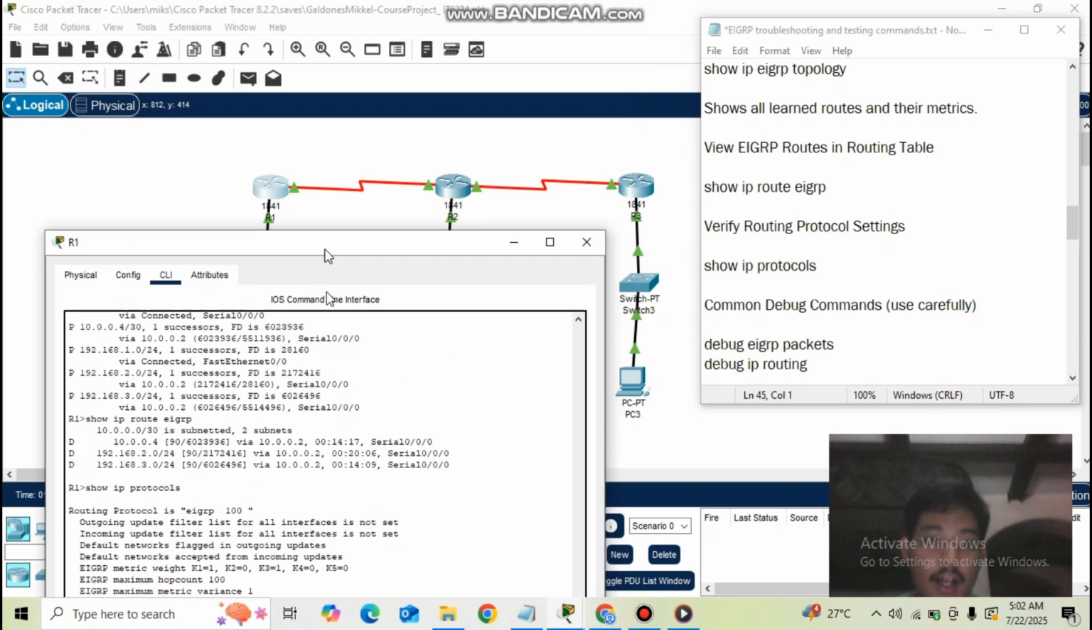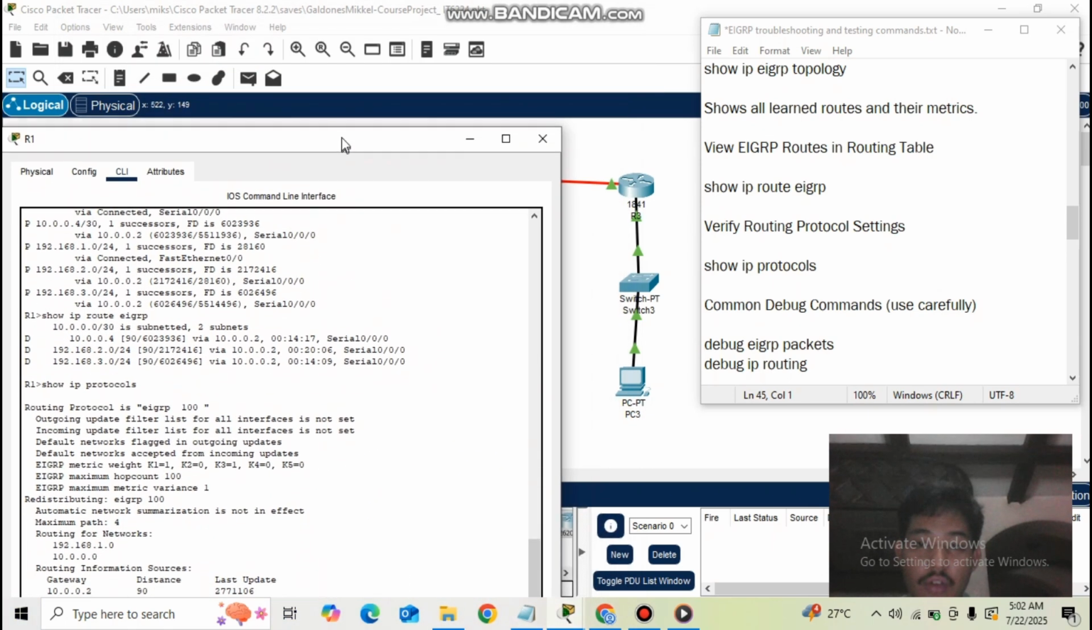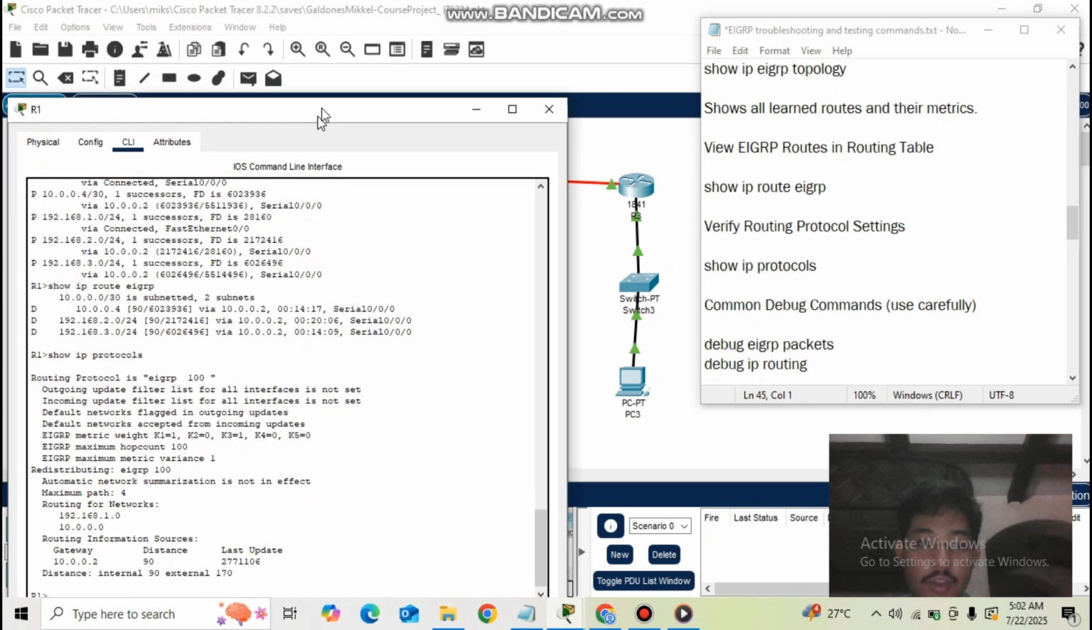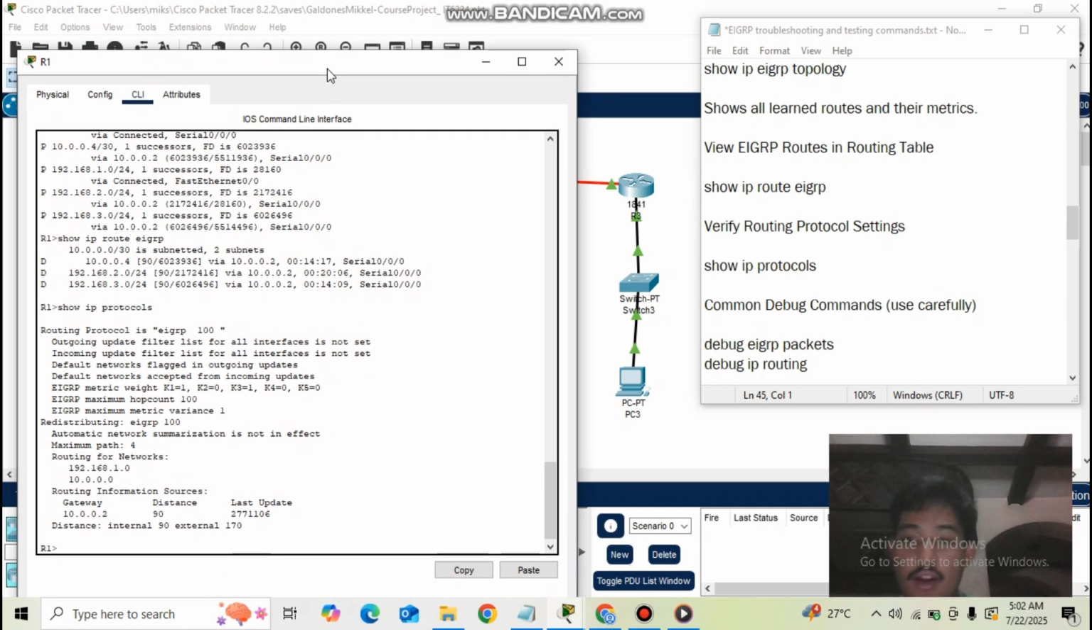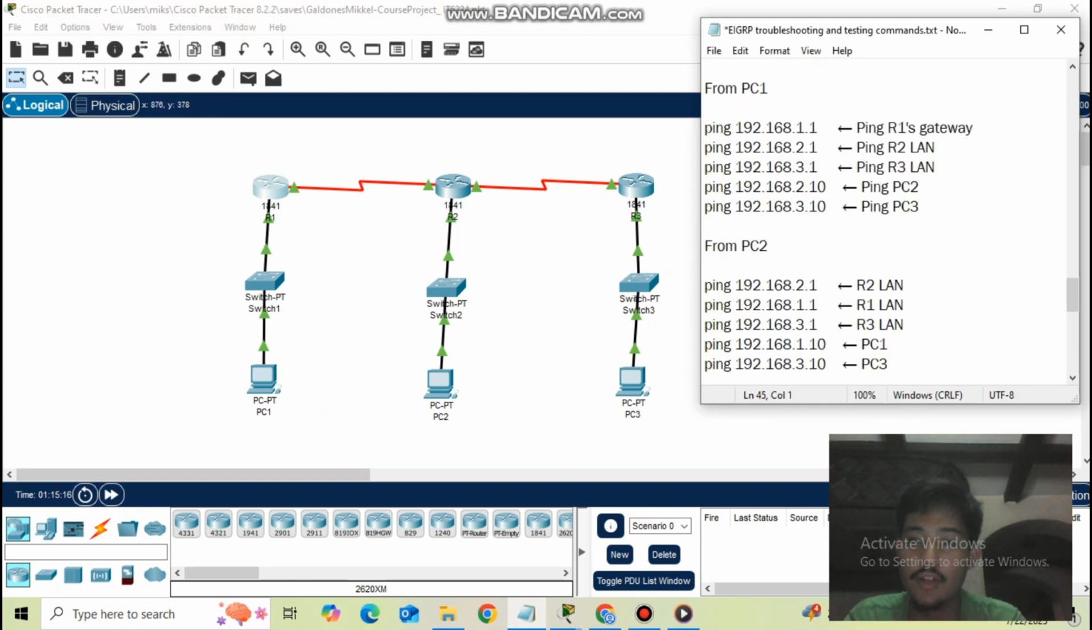That means there is a route between router 1 and router 2, and also a route between router 2 and router 3. So 192.168.3.0 via 10.0.0.2. There we go. And we could also use the debug command that was listed in Notepad over here, but